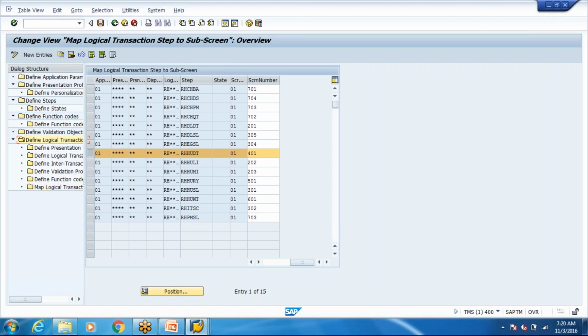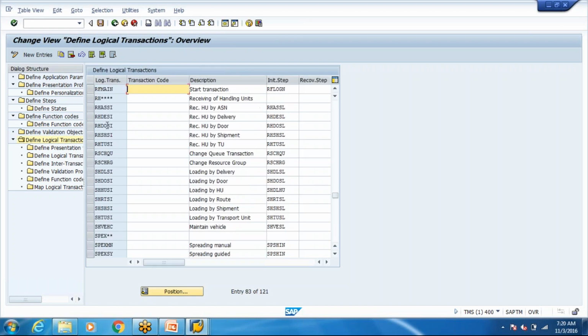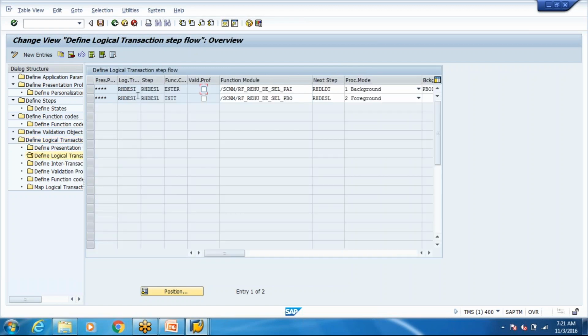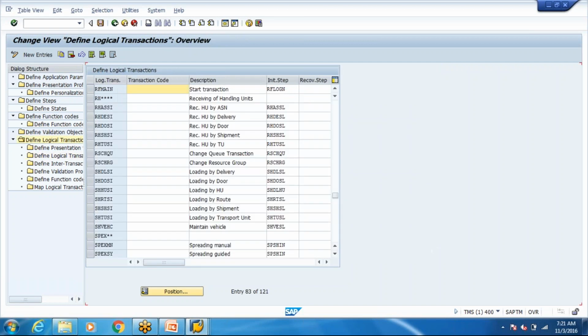If you want to define an all new transaction, just copy the standard ones, right? If you want to receive by delivery, that is there. If you want to create a new transaction, let's say receive by vendor, you copy this. Copy all this, because it will always copy all the relevant transactional flow, everything will be copied, okay.